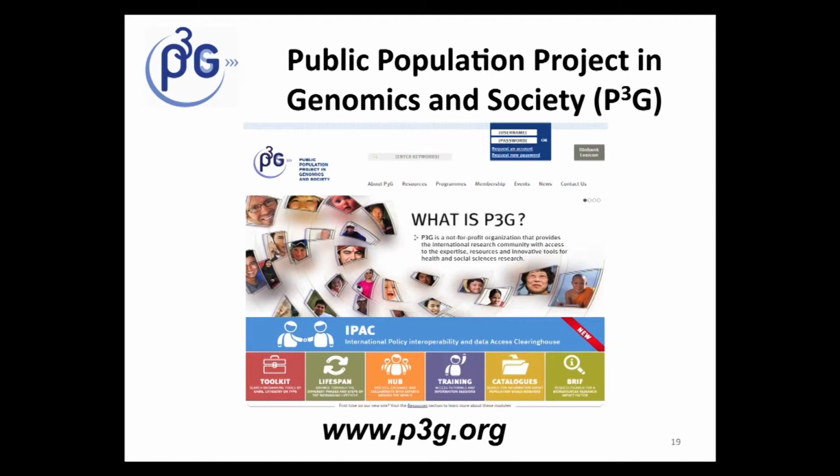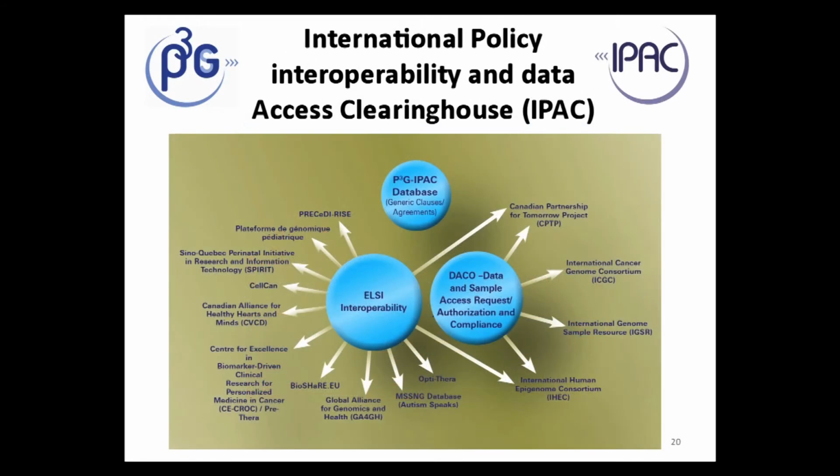Now, it started in 2005 helping biobanks set up prospectively to be able to share data in the future by creating harmonized tools. What it is doing now is actually offering these tools. So we've created the International Policy, Interoperability, and Data Access Clearinghouse. I'm glad it's written out on the slide because this acronym always defeats me when I'm tired to remember what it stands for. And it has different components, which I'll show to you.